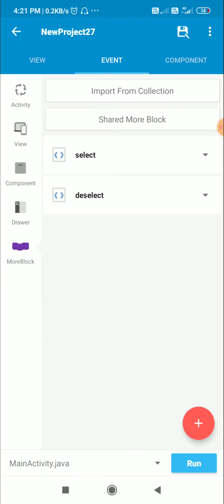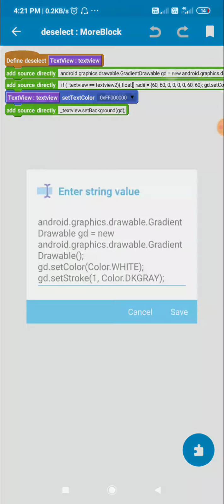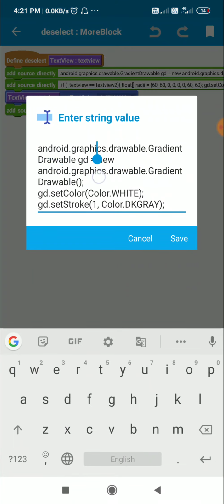So let's have a look at this deselect block. Here also I have defined a gradient drawable GD by writing equal to new gradient drawable, and for this I set the color to Color.WHITE, and I set stroke to 1 with Color.DKGRAY, dark gray color.